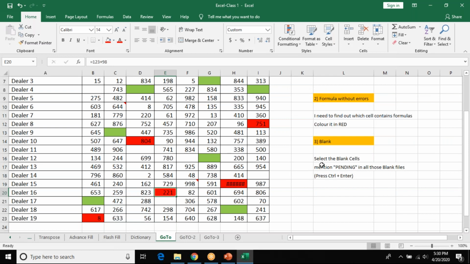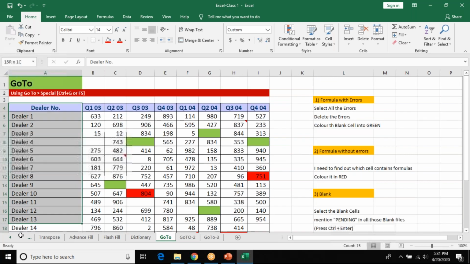Next, select the blank cells. In each of these blank cells, here also there's a blank cell, instead of keeping it blank, please mention the word pending in all those blank cells. How do you do it?